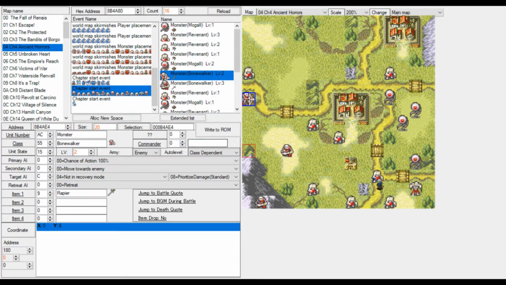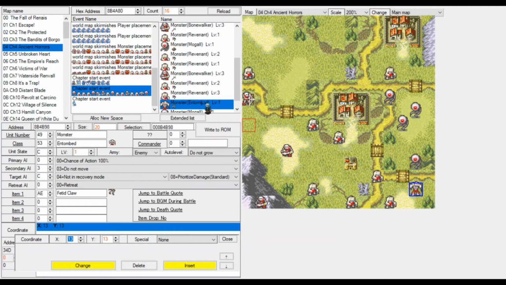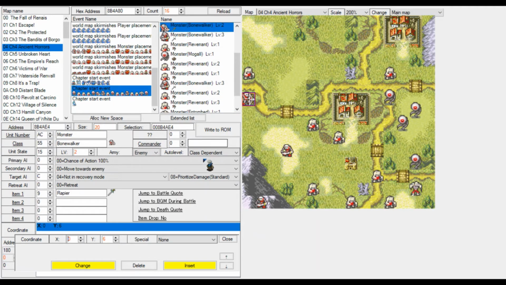And that commander is like, well, this is monster number 49. If we make monster number 49 the commander of this unit, then when his AI is set to move when unit gets in commander's range, this unit will only move and only engage combat if any player character steps into the range of this monster.